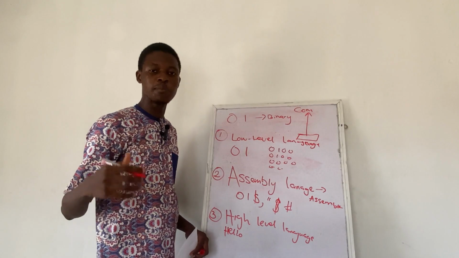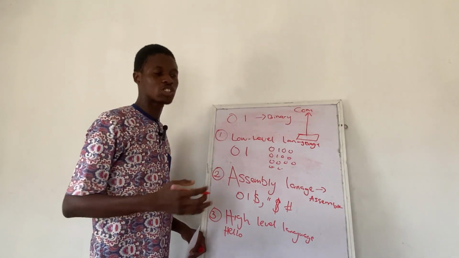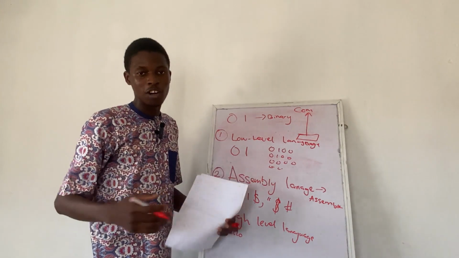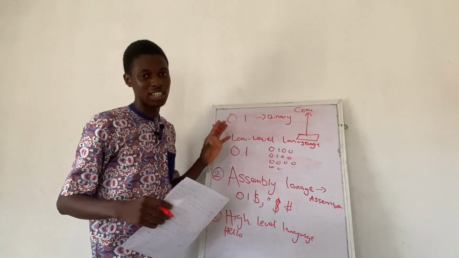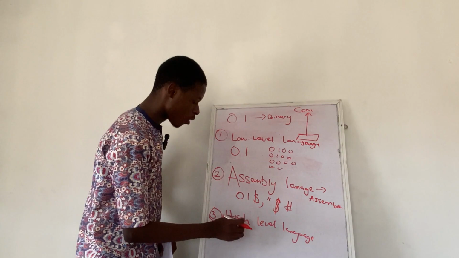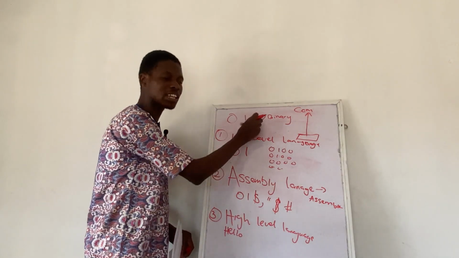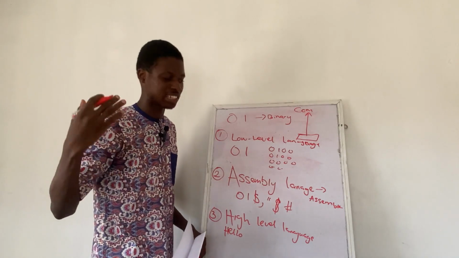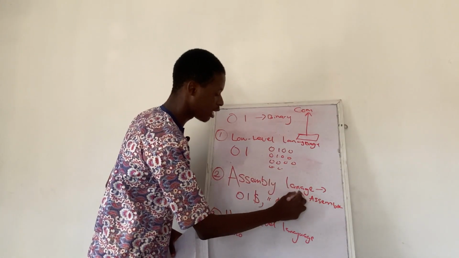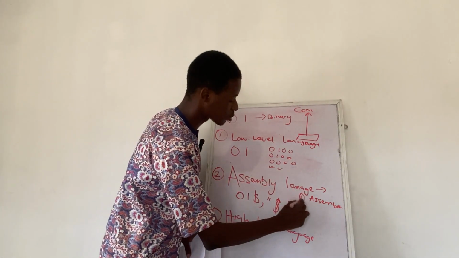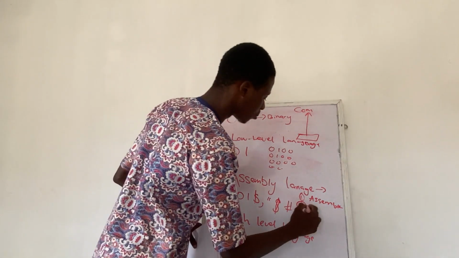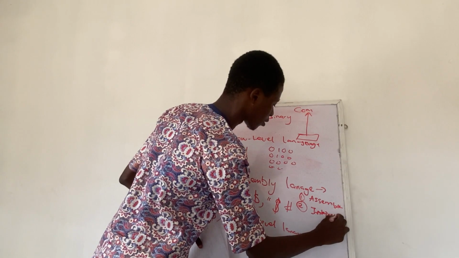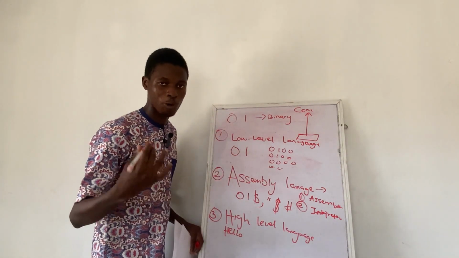You want to send a message from your WhatsApp and it shows on another person's WhatsApp. You are simply typing English, but the computer is not actually understanding English. It has to be converted. For this high level language to be converted into a language the computer understands, it makes use of another translator. The first one I said was the assembler, but for this one, it makes use of something called an interpreter,